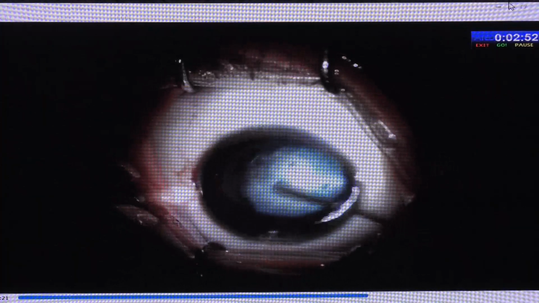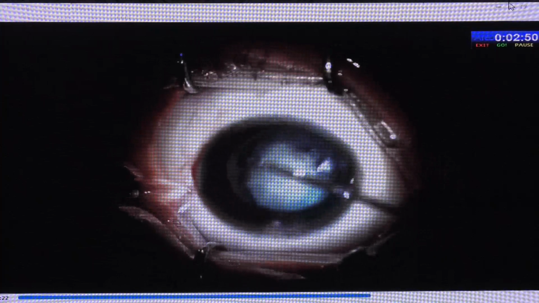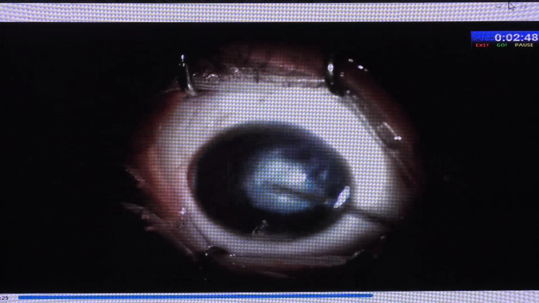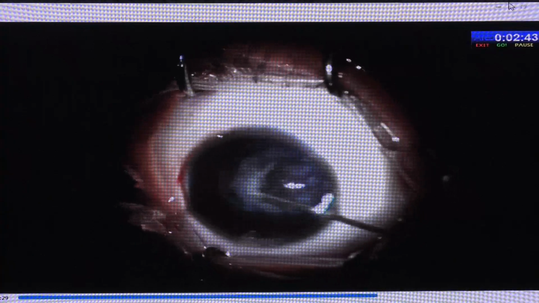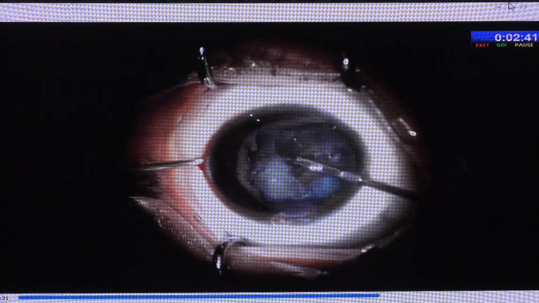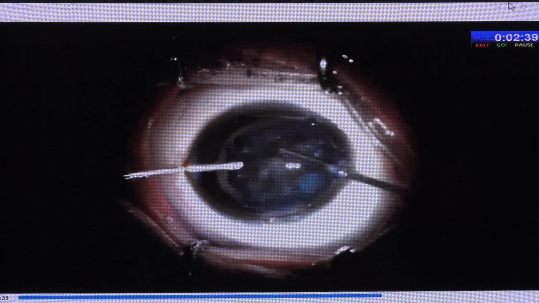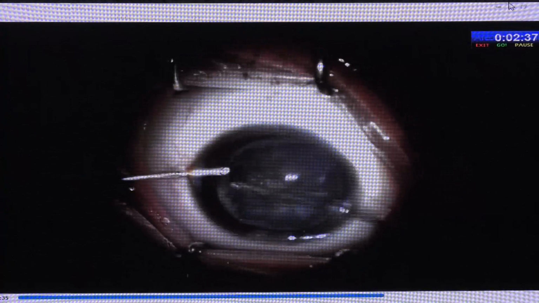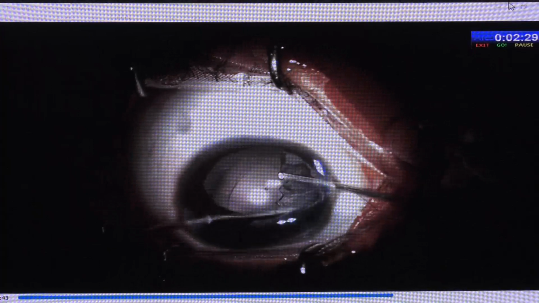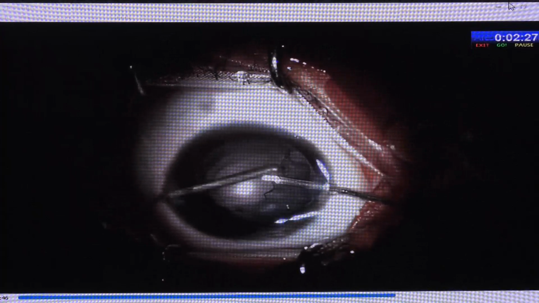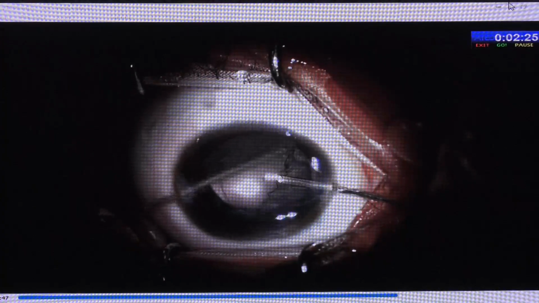Hydrodissection is avoided. Lens aspiration is performed by using vitrectomy cutter in IA cut mode. In the beginning, dry aspiration is performed, followed by use of irrigation at low IOP and low flow rate. This prevents lens matter drop in the vitreous cavity. Cortical cleanup is done using IA cut mode, and limited anterior vitrectomy is performed using cut IA mode. After limited anterior vitrectomy, lens matter removal is completed.